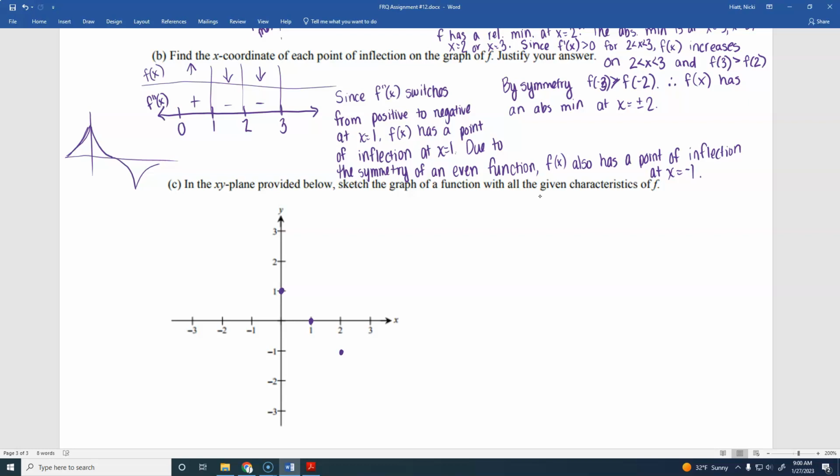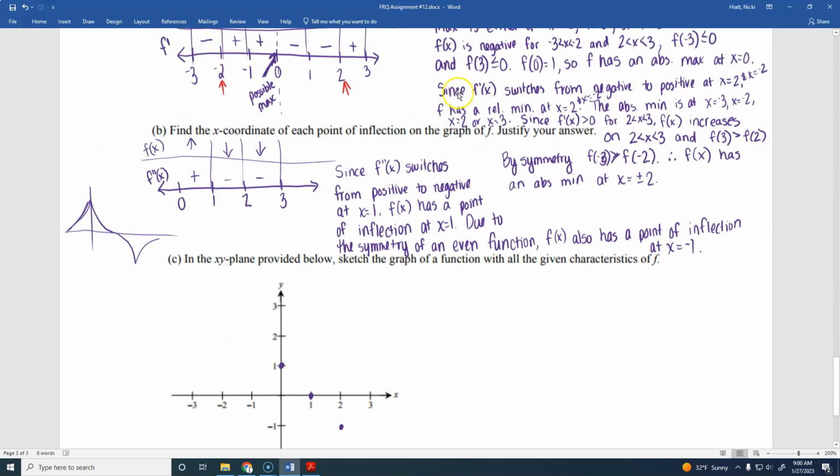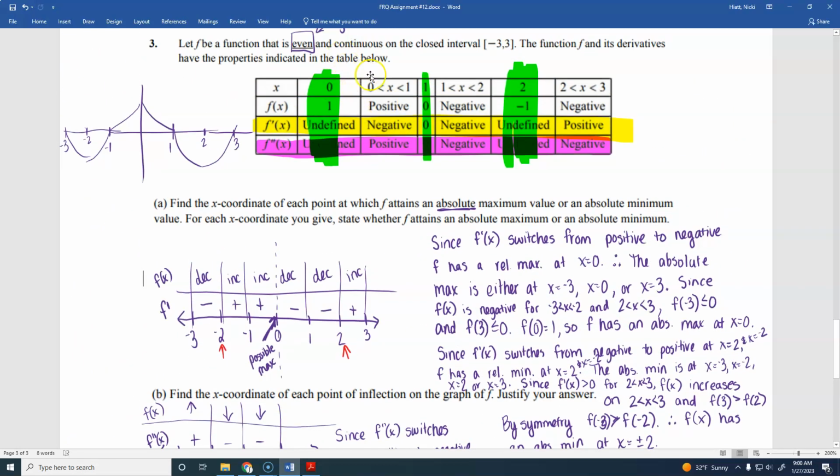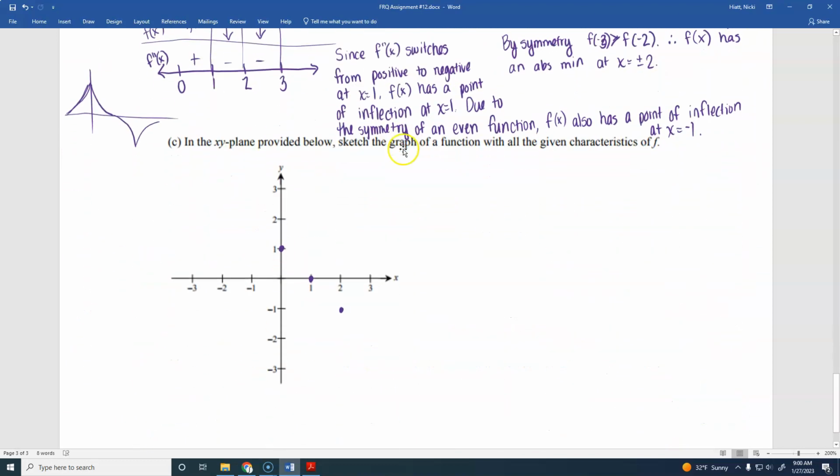All right, so we know we have those points right there. And then basically we just want to look at each section and decide what's happening. So here, negative first derivative tells me I'm decreasing. Positive second derivative tells me concave up. So I'm decreasing but concave up. That's going to look like this